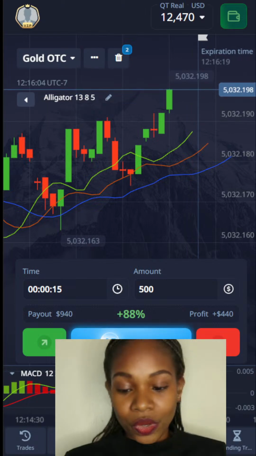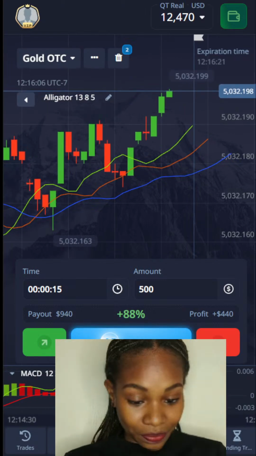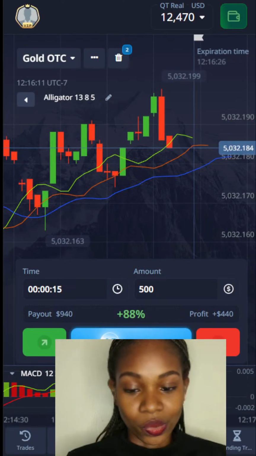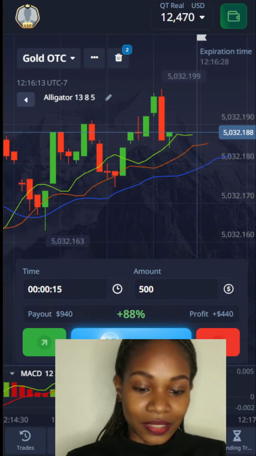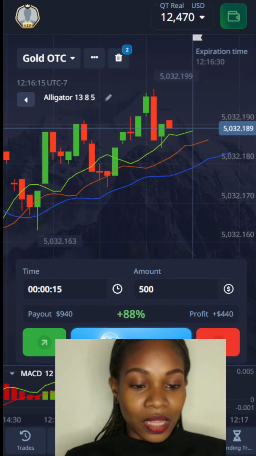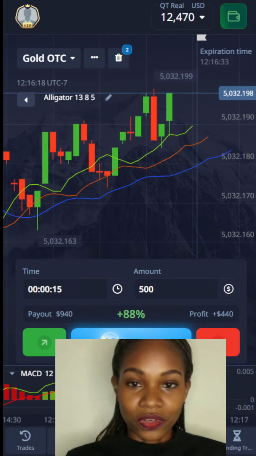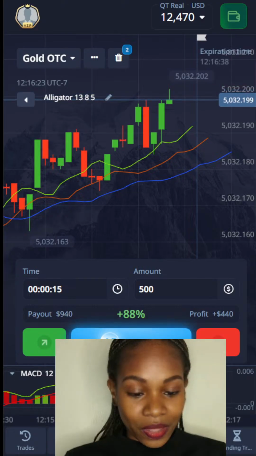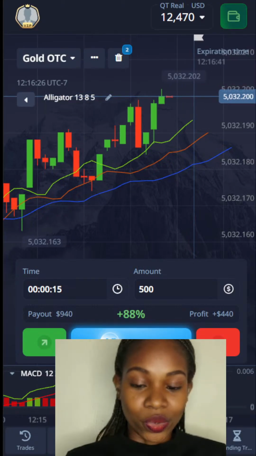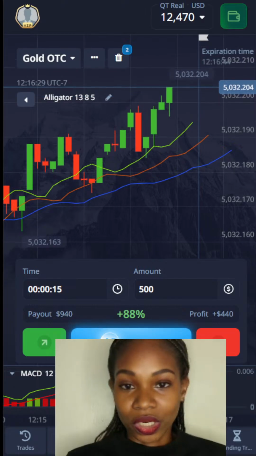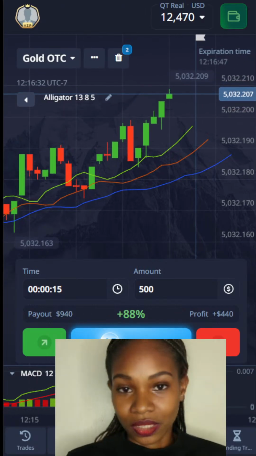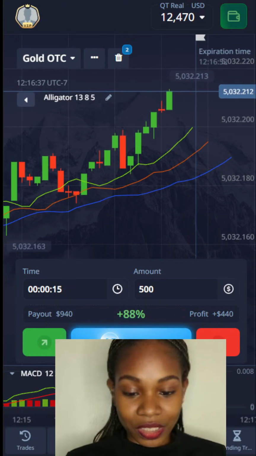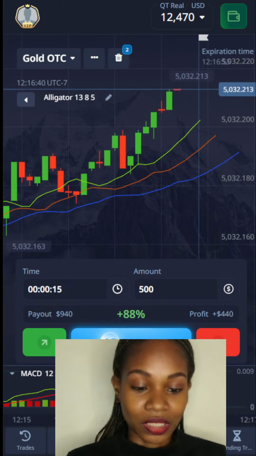All right, so when they are intertwined or when they are moving sideways or when the lines are flat, that is when we look at low volatility, consolidation. That is it, basically, like no activity, I would say, or no trading should take place in that situation. Then we have lines that are separating. If they were intertwined, then